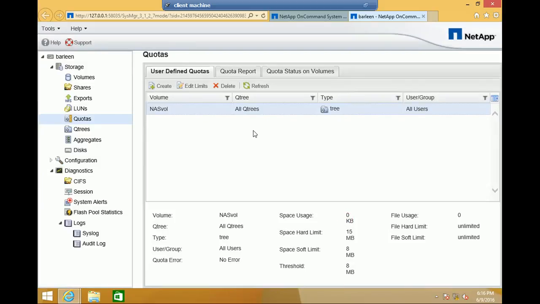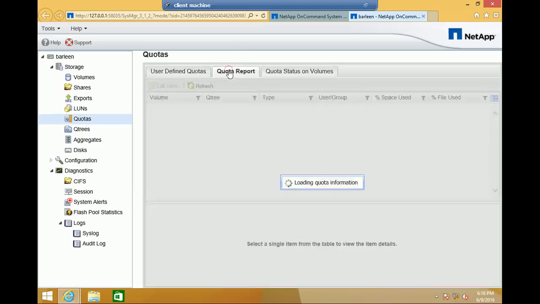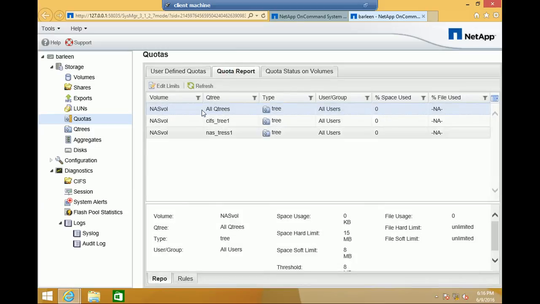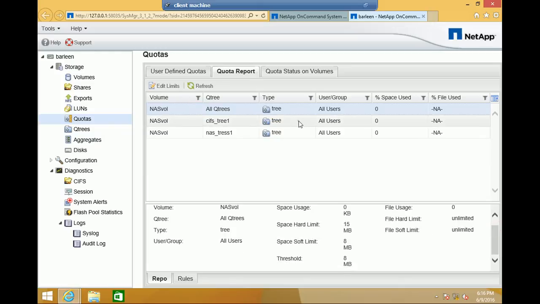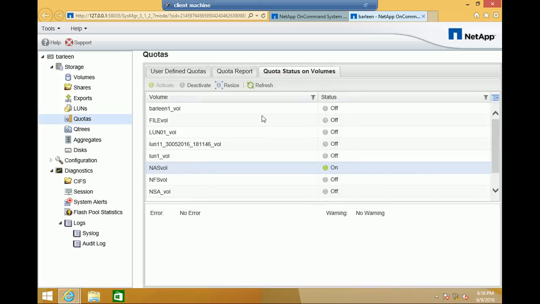To generate reports on how the quota was created, you click on the quota report, and here you can see a number of quotas created and anything you want to view. You just go to this, and below you can see the summary. This is again the summary of different quotas created. Further, the quota status on volumes also tells us what kind of status it is. NAS volume is currently being used as a volume, and the other ones were created for the rest of the